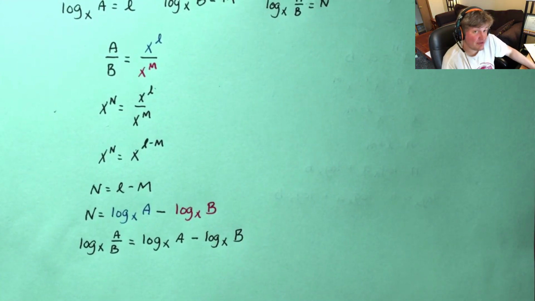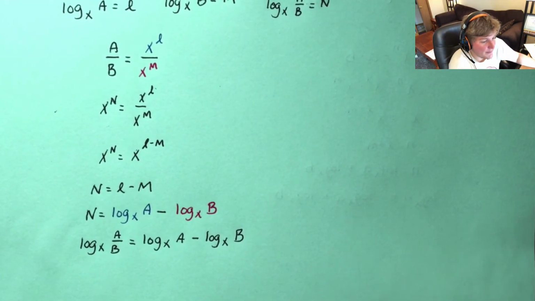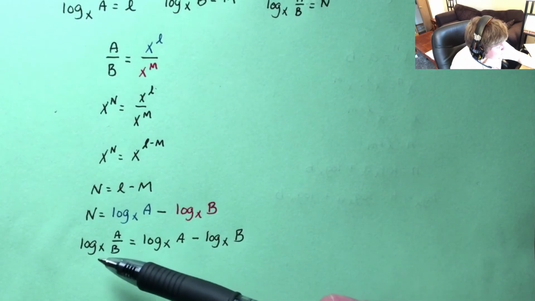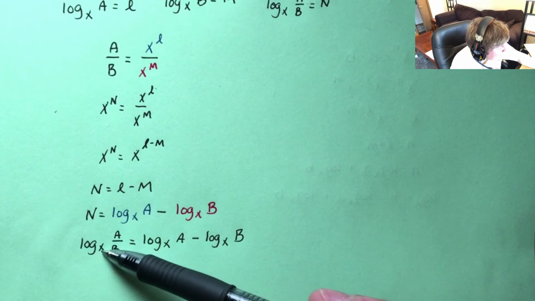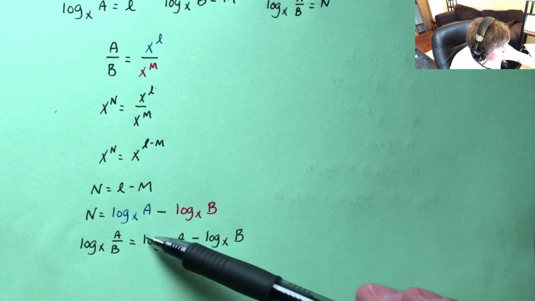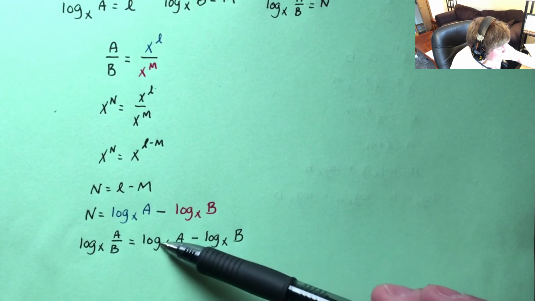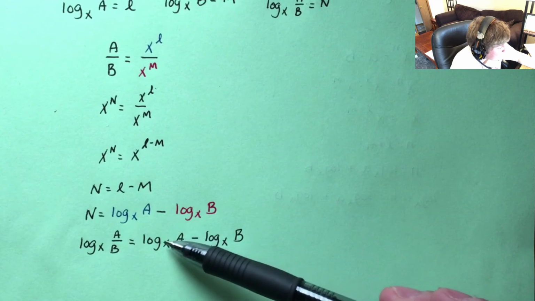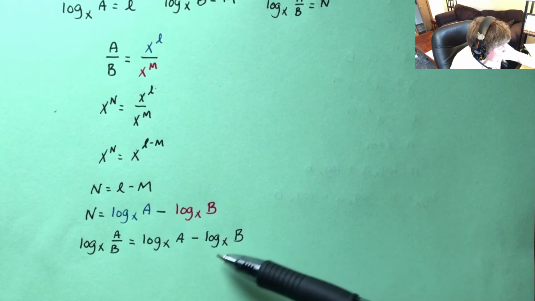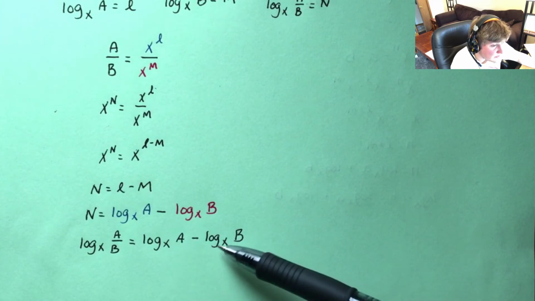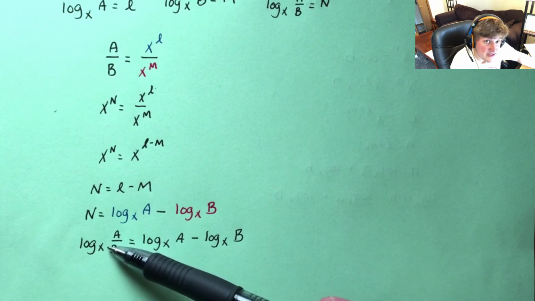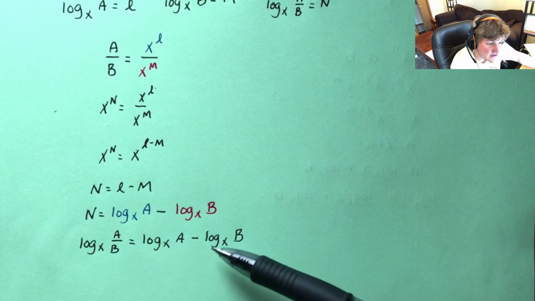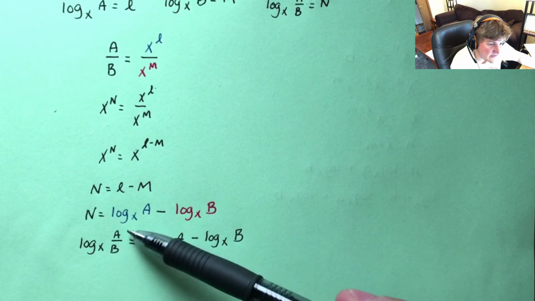Okay, and right there, that's the quotient property. The quotient property says if I have a logarithm with a base and I'm dividing, I can split it up into two separate logarithms and subtract them, just top minus bottom. Or if I have two logarithms with base x and I'm subtracting them, I can push that into one logarithm with the same base, as long as these bases are the same, but just divide a over